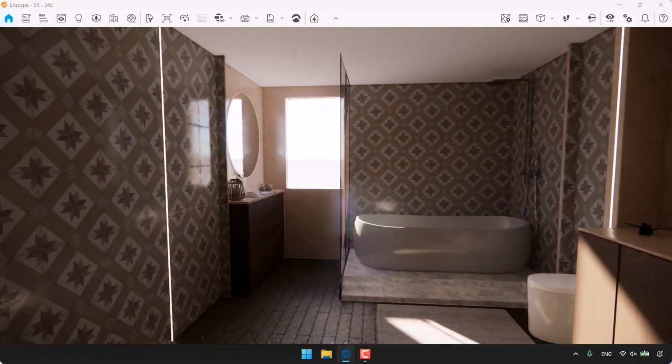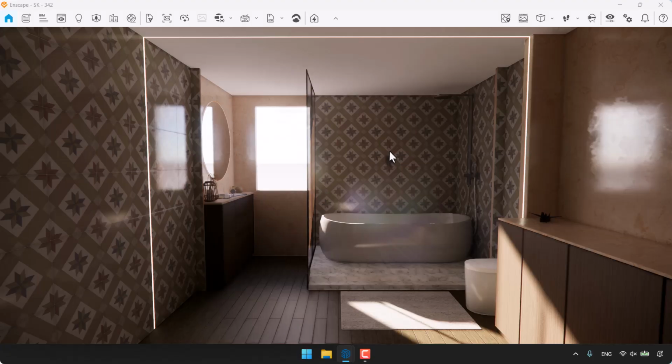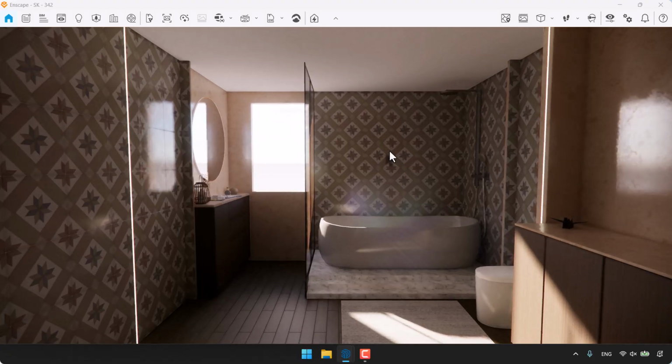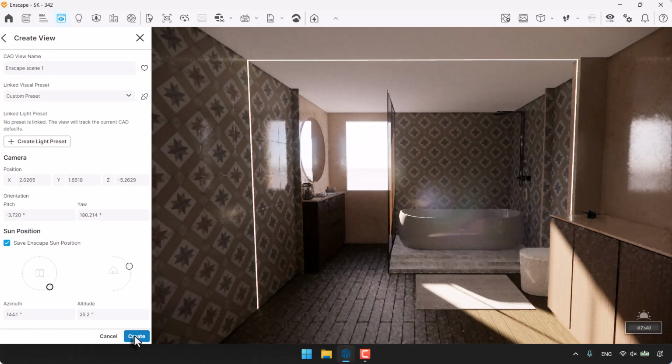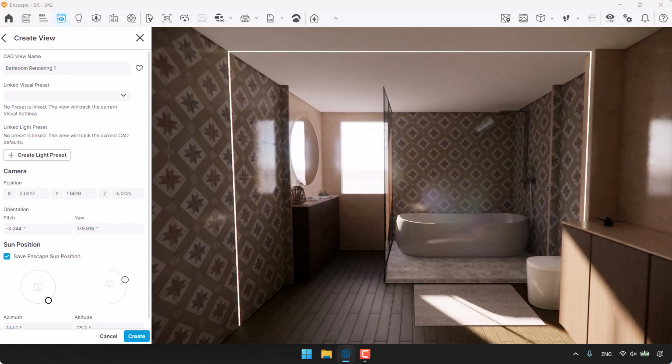So I'm going to select this angle for my rendering, and I want to create a render from this side. So I'm going to fix my camera as the first step. I need to click on the view management here and click on create view, and also I'm going to unlink presets from it, and I want to rename it as bathroom rendering number one. I'm going to type 1, and also I'm going to press space on my keyboard, and now I'm in the fly